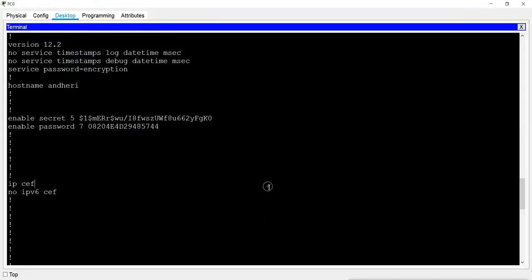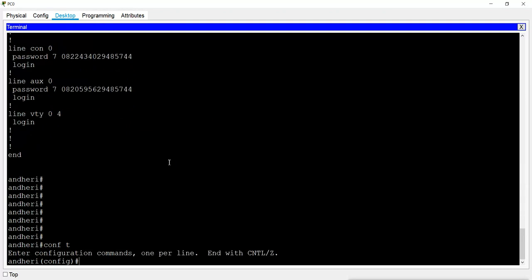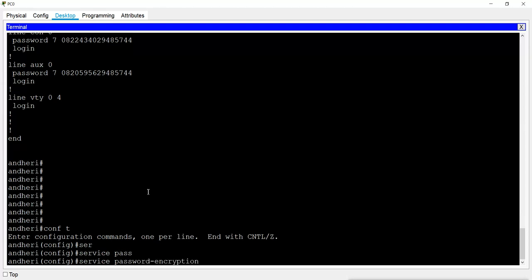Now we can remove these encryptions by using this command. If I want to decrypt these passwords which I encrypted, then I can use this command. The command was service password encryption.